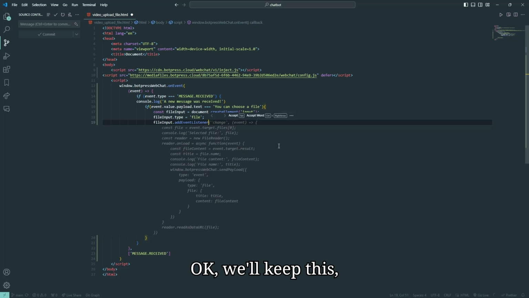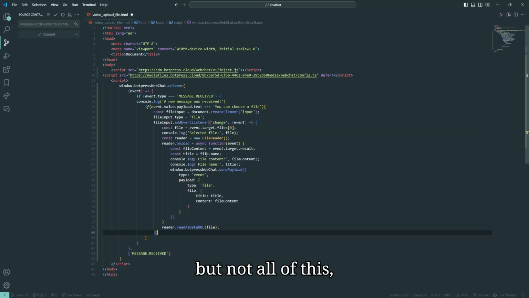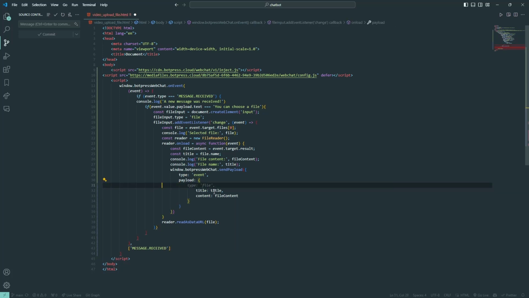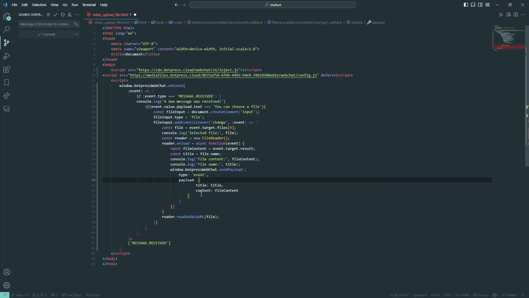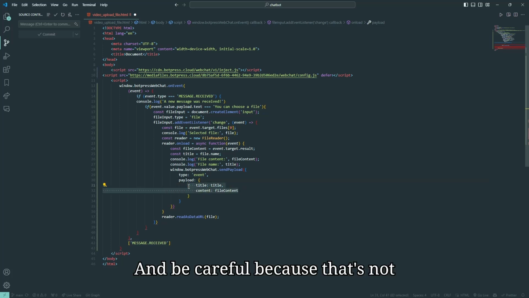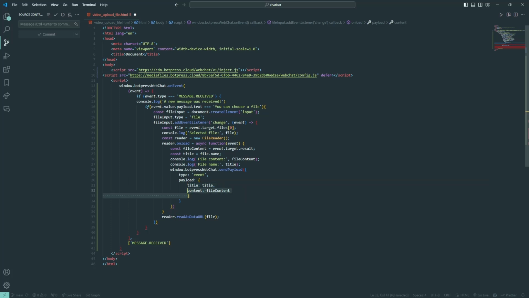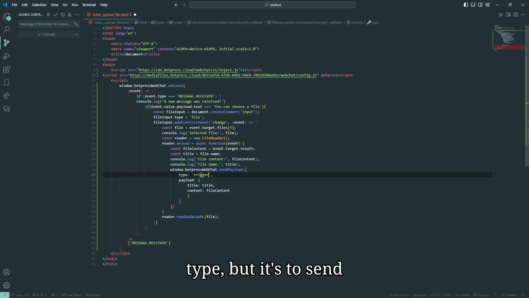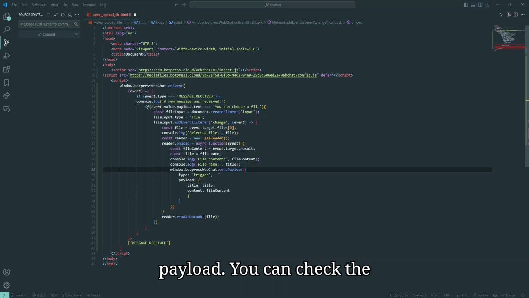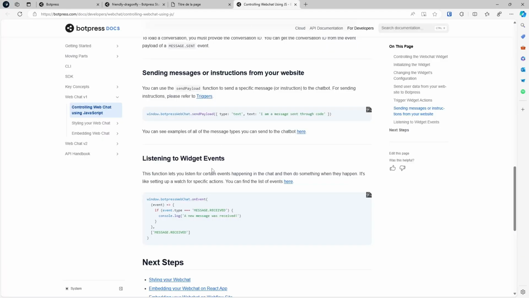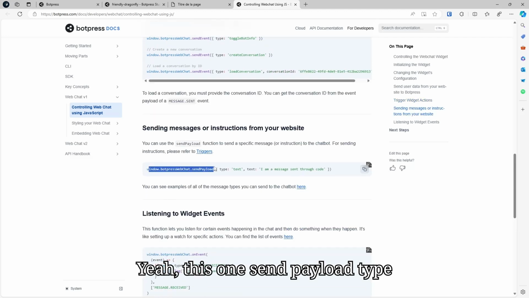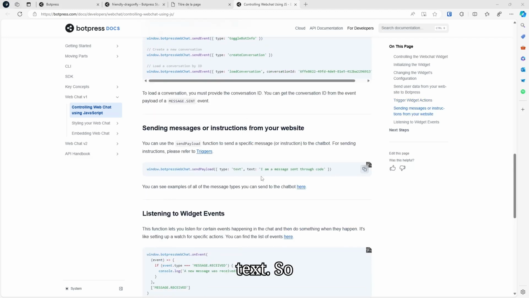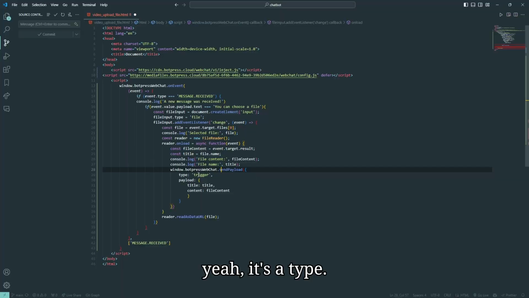Okay, we'll keep this, but not all of this. And be careful because that's not the right type. It's a trigger type, but it's to send payload. You can check the doc. Yeah, this one, send payload type text. So here it's a type of trigger,